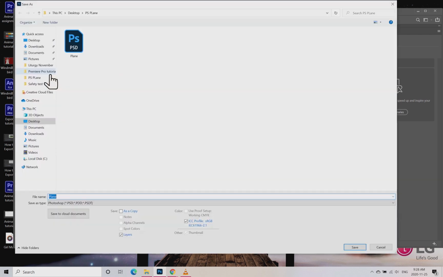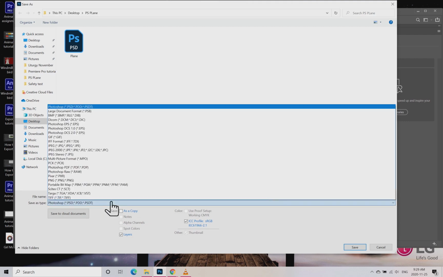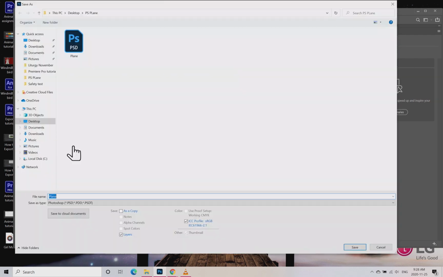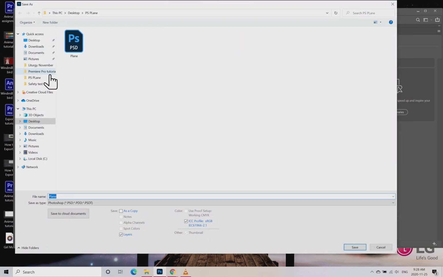And now I'm going to save this. So we're going to File, Save As, and the first one I'm going to save as a PSD file. This is a Photoshop file with all its layers. This is not what you're going to hand in to me. You're going to click File, Save As again, and this time you're going to click Photoshop. You're going to go to JPEG, and you're going to save it as a JPEG and click Save. That is the